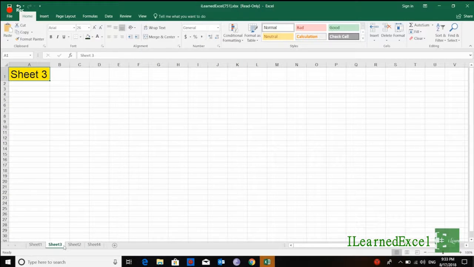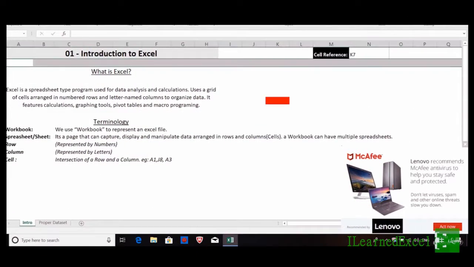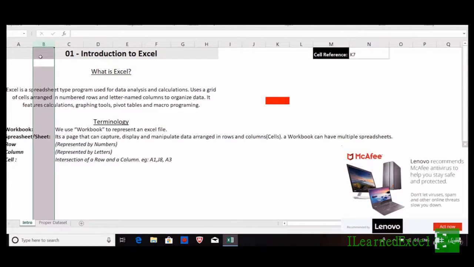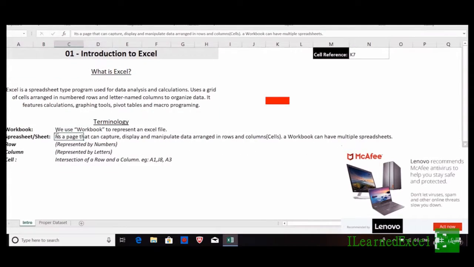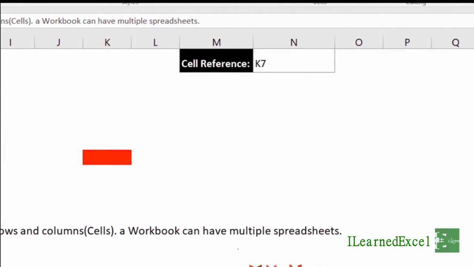There's also a row and a column. The rows are represented by numbers and columns are represented by letters. A cell is an intersection of a row and a column. So we can say, for example, K7, and we can locate where the data is and make calculations with that